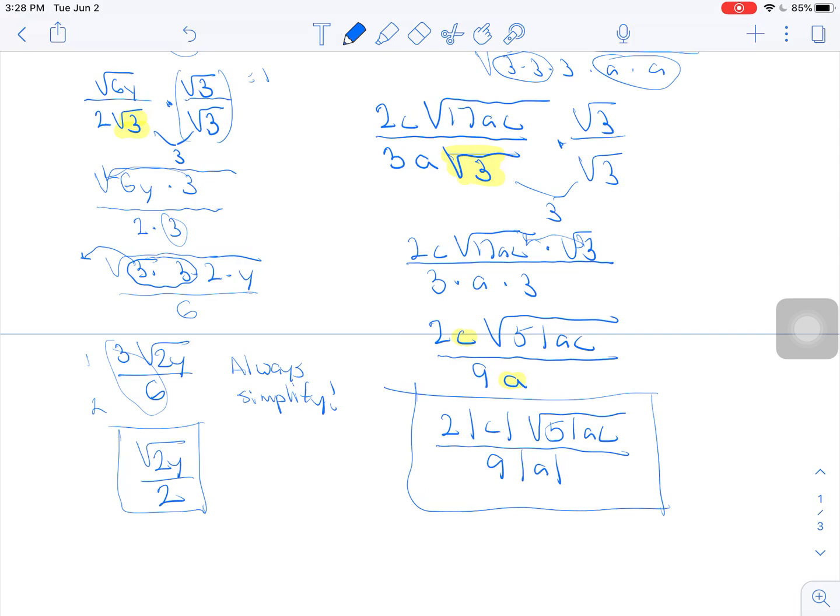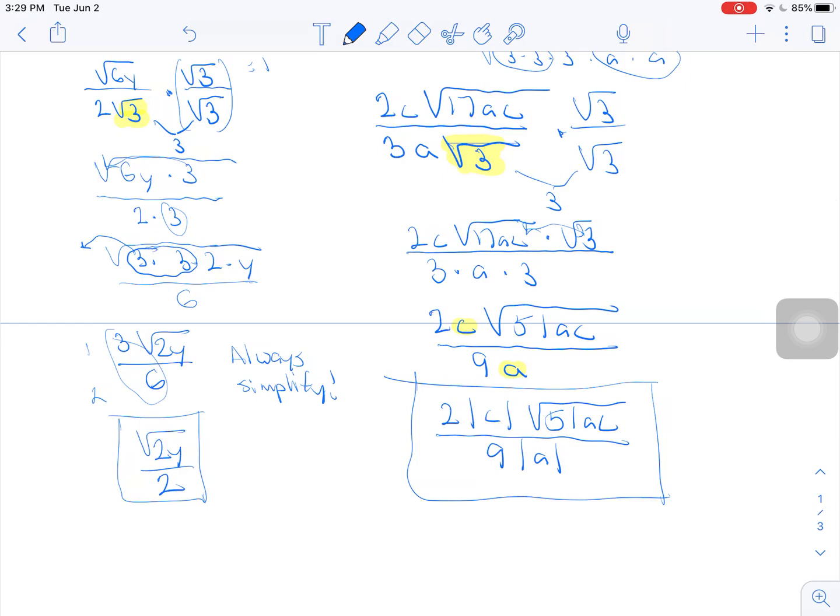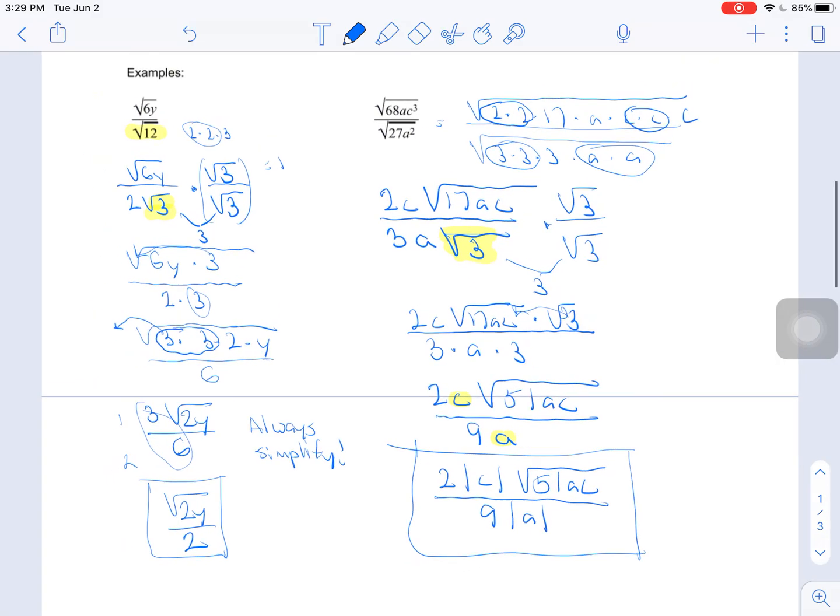So there you go. Now we have 2 more rules in the mix, so we have a total of 3 rules for simplifying. Rule 1, no perfect squares under the square root symbol. Rule 2, no fractions under the square root symbol. And rule 3, if you have a fraction for your overall answer, you cannot have any square roots in the denominator of that fraction. So what you're going to do today is practice some problems, like our example problems, that are going to get you using all 3 of our rules to make sure that you're doing okay with our rules so far. So when you're ready, you can go